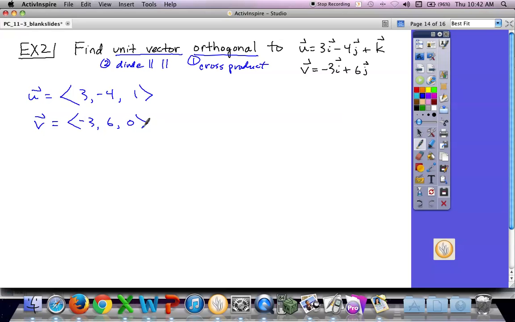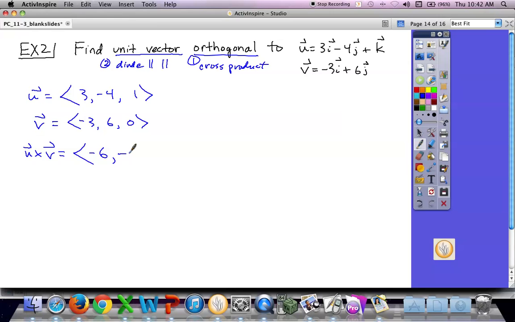Okay. So now let's do the cross product. U cross V equals. Okay, cover up the first. Negative 4 times 0 minus 1 times 6. 0 minus 6, negative 6. Okay, the second one will have a negative in front of it. Cover it up. 3 times 0 minus 1 times negative 3. 0 minus negative 3